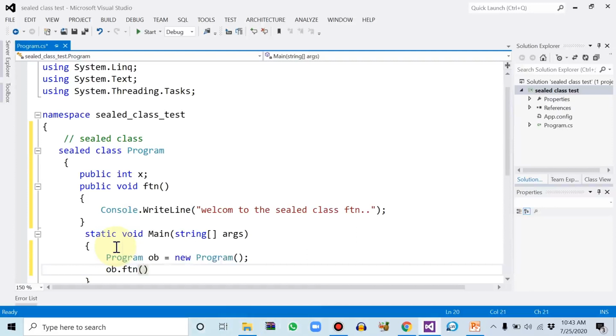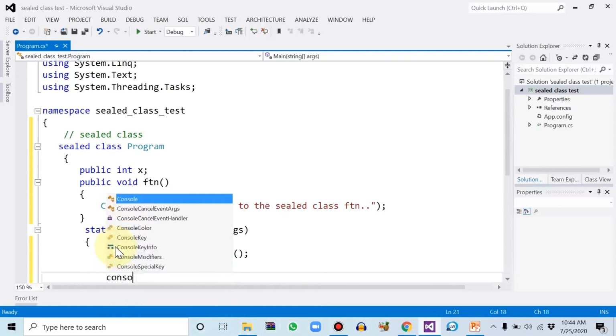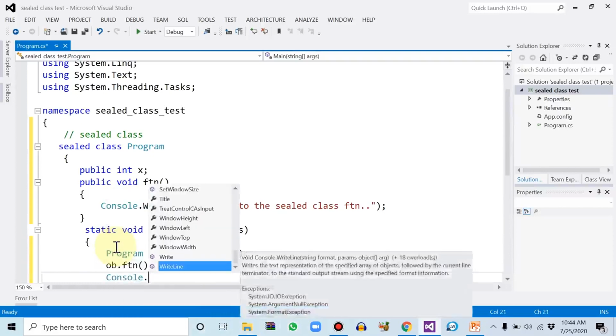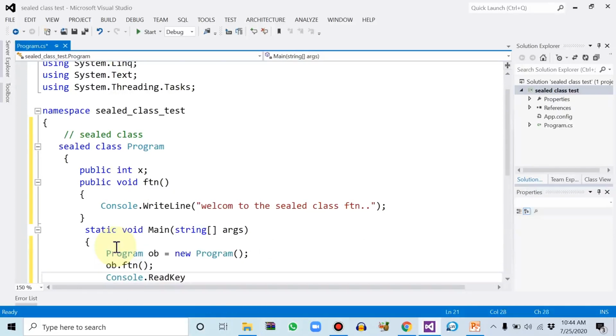Now we are accessing the member function, the semicolon, and then let me add one more line, Console.ReadKey. Okay, so we have just created the object of the sealed class and invoked the ftn function with the help of the sealed class object.